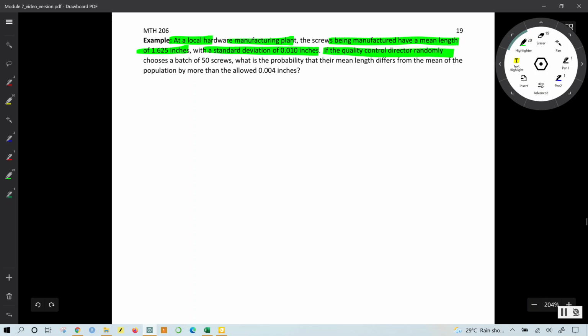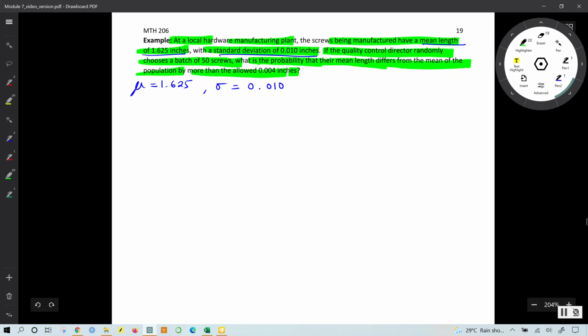If the quality control director randomly selects a batch of 50 screws, what is the probability that the mean length differs from the mean of the population by more than the allowed 0.004 inches? So based on the given information, the population mean is 1.625 and the population standard deviation is 0.010